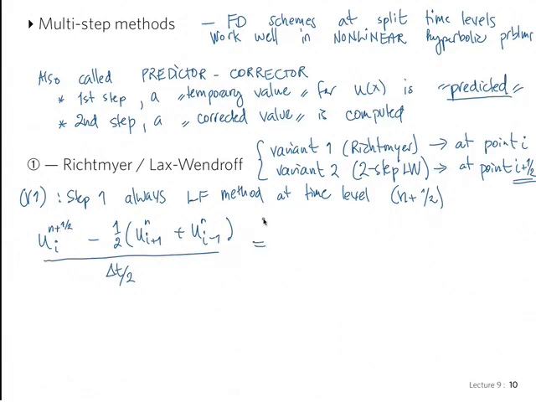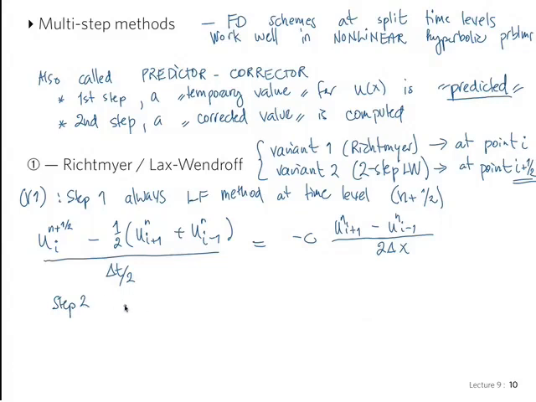And this is equal, I'm using again my linear advection equation, so it's minus c, and we have here du/dx, so let's write a central difference for du/dx, so we have u^n at I plus 1 minus u^n at I minus 1 over 2 delta x. So this is our Lax-Friedrichs method. Central difference in space is stabilized by the trick of replacing u_i^n by the average. Okay. Step 2